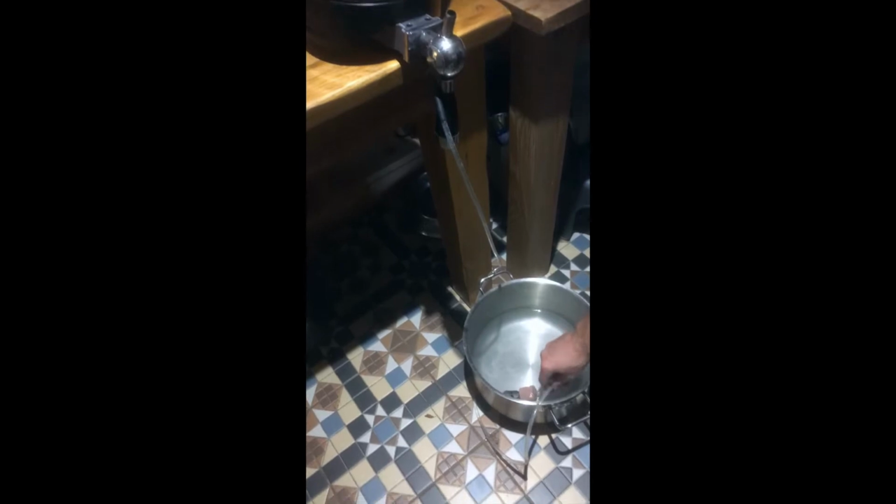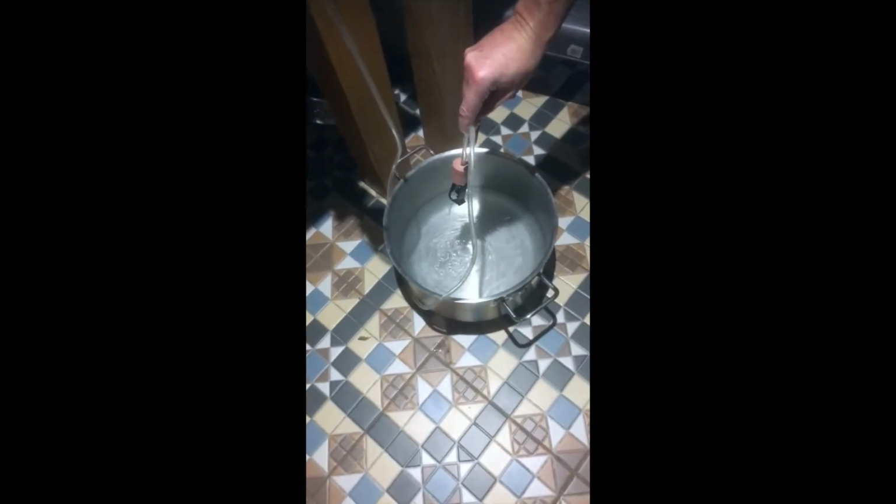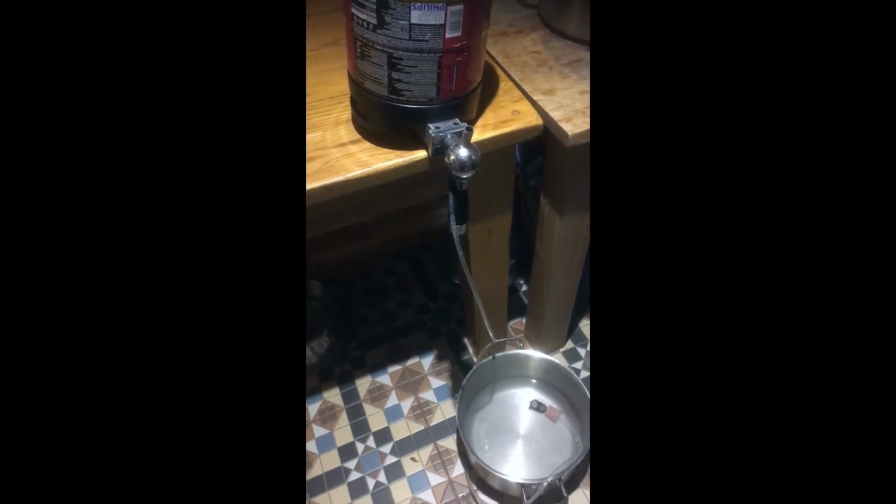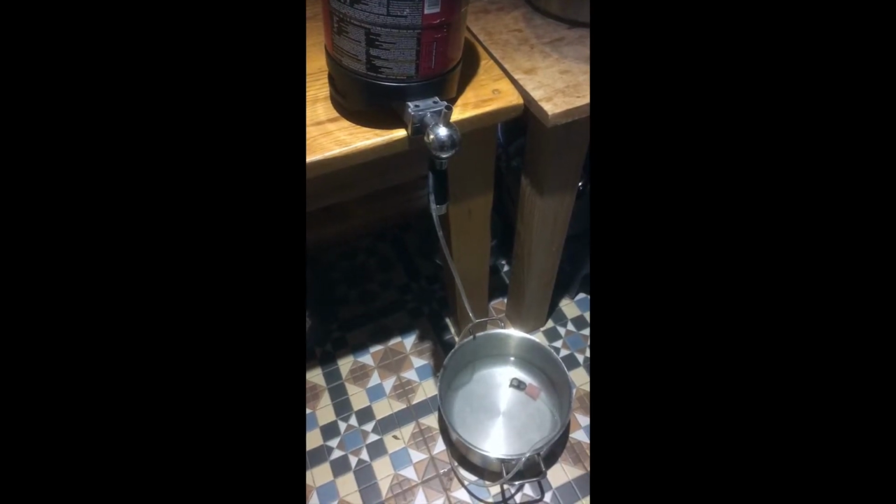What I tend to do actually is normally put it upside down and let it do it. But you can see it's draining, so it's coming out. So again, just leave it then, and I'll leave that until it's pretty much empty. You can see there's a bit of air coming out, and then if I really want to get it completely empty because I want to store it after using it,